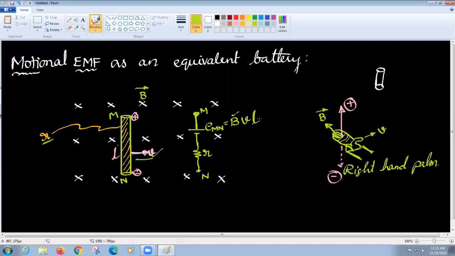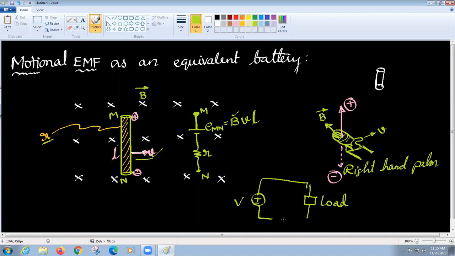And there are many important things in field theory. For example, you have some source, say V, and you have some passive components, some load, and some connecting wires. If this loop is closed, then you will have some loop current. In this case, what we simply say is that I is equal to V over load. If the load is resistive, we can directly take V over R.